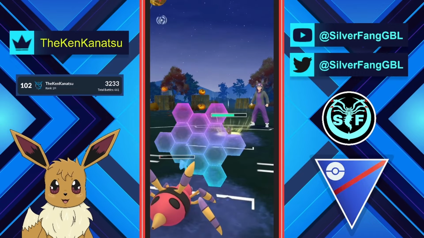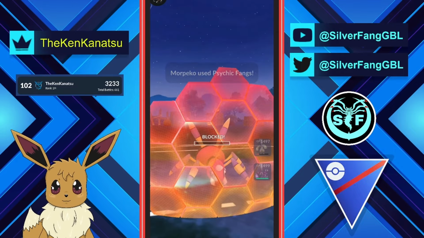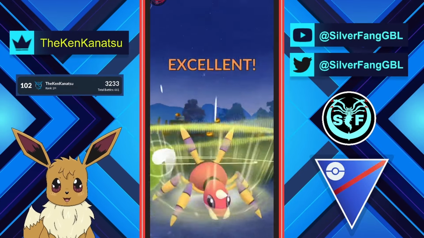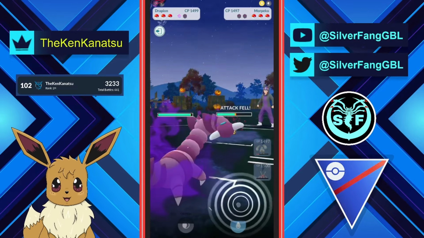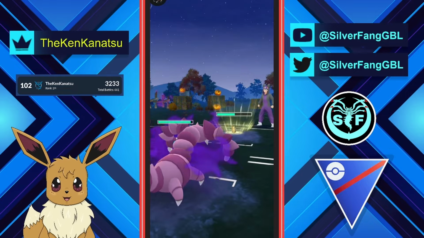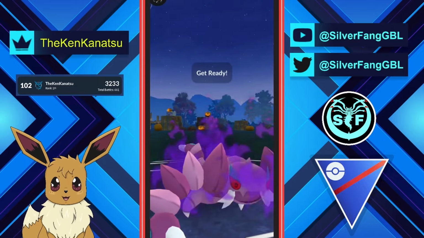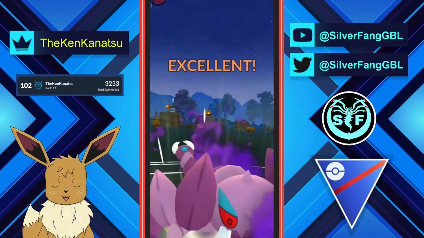So here we can actually shield this charge move because it is a CMP tie, and this Lunge will one-shot. So it can force another shield from the opponent. Let's see what he decides to do. We are looking pretty good here because now we can come in with our... Okay, the Ken Kanatsu is deciding to save his Ariados, and he switched out into his Drapion. We are going to no shield the Psychic Fang, and now we can go for the Aqua Tail. It will do enough damage to knock out this Morpeko, and